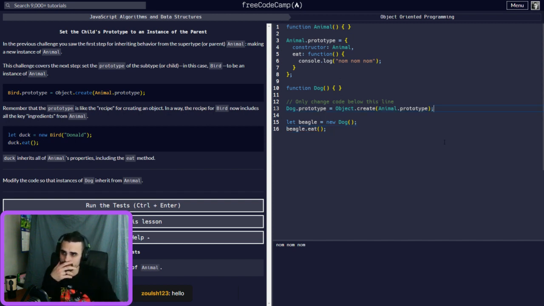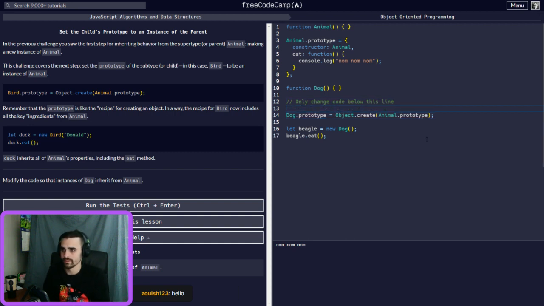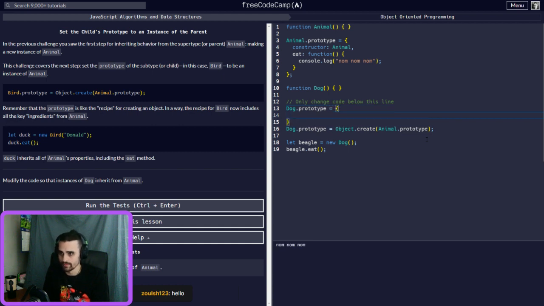So how would I add those to here? If I were to do a Dog.prototype, and then add a scratchBack function, right?